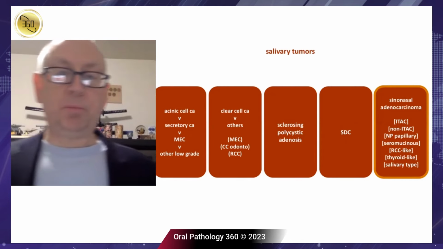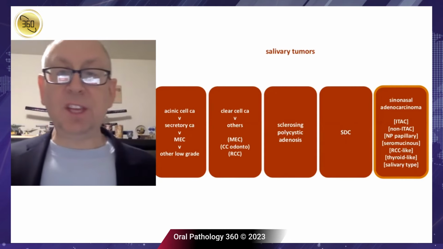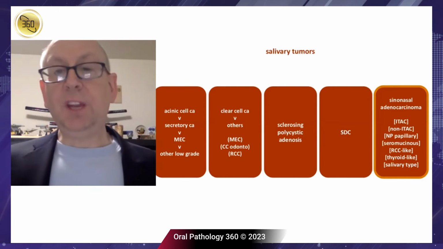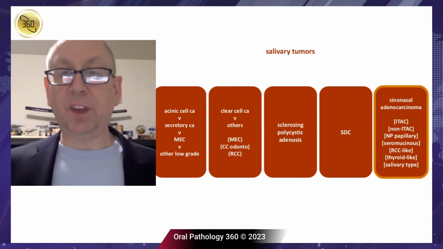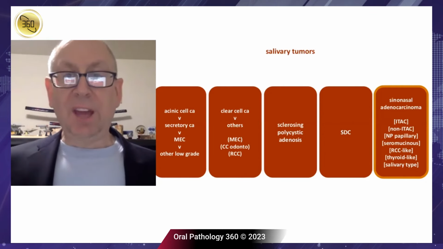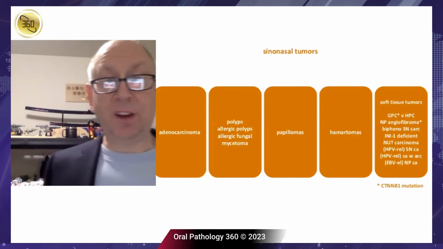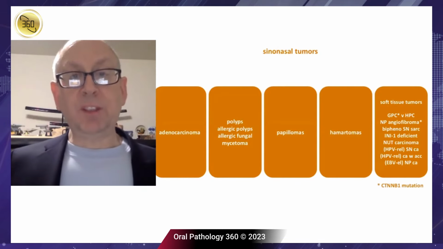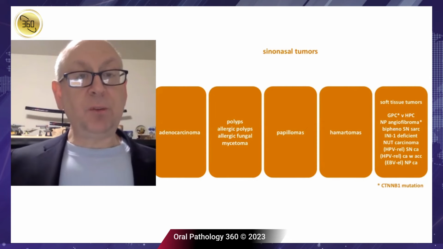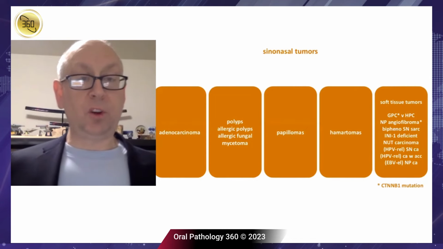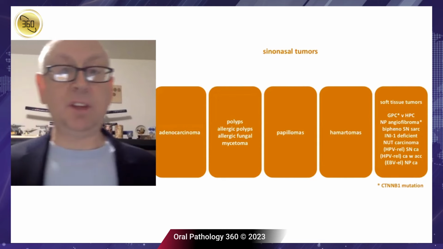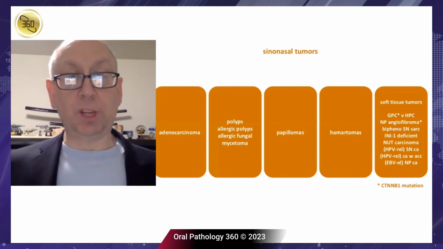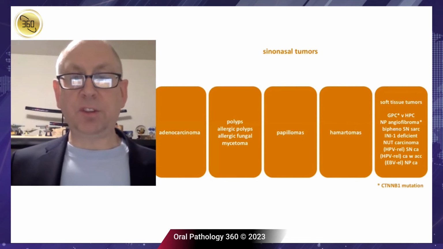Then there are some cystadenocarcinoma cases, salivary duct carcinomas. Now we start getting into high-grade tumors. And even some of these will present themselves in the sinonasal complex as adenocarcinomas that bear similarity to the oral ones. And then we're in the sinonasal complex. Then you truly have a subset of sinonasal tumors, including adenocarcinomas similar to those we see in the oral cavity. Then there's all the polyps, papillomas, and hamartomas, which oftentimes will collide. And you'll see features of many of those.